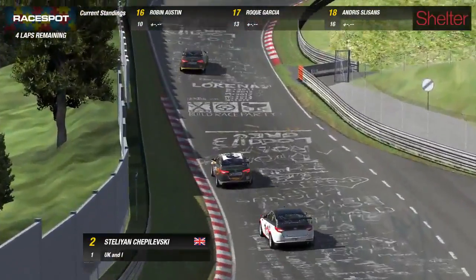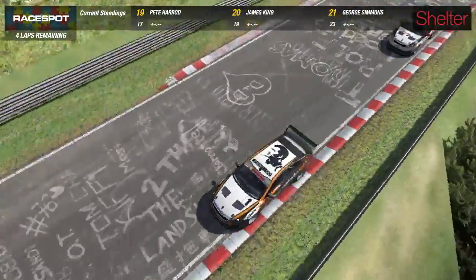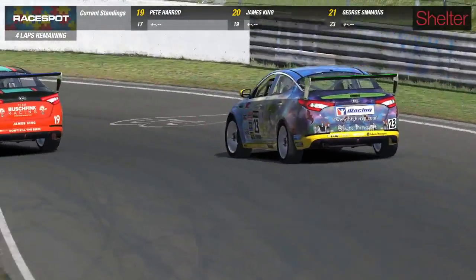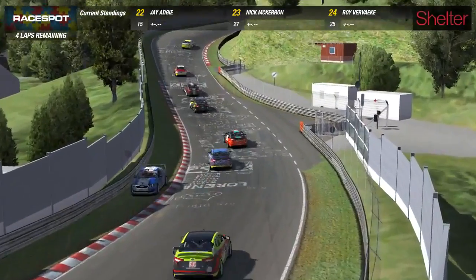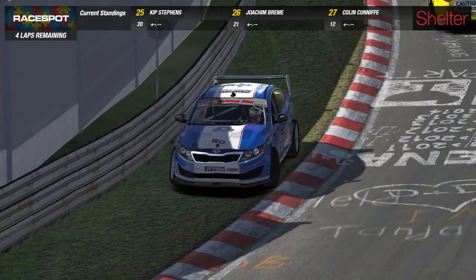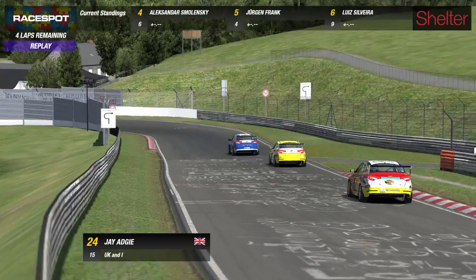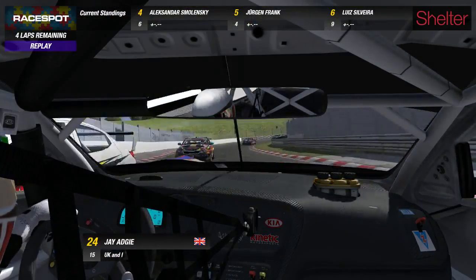And I will say as well, I have done a total of 2 laps here on this track on iRacing. Number 23 machine, scrapping it out there. That's George Simmons with James King, battle for P number 20 on track. As we got a car off then, that's a number 15 machine. I know one thing, Johnny, that's not the way you're supposed to be pointing that race car. No, definitely not. Jay Adji there having issues, and he's, oh, this is... Hair Racing is in the middle of the racetrack, and he's in a little bit of a blind corner, so he's...